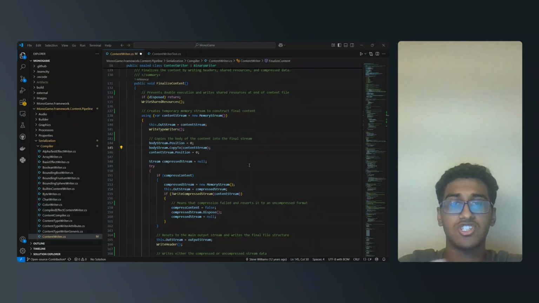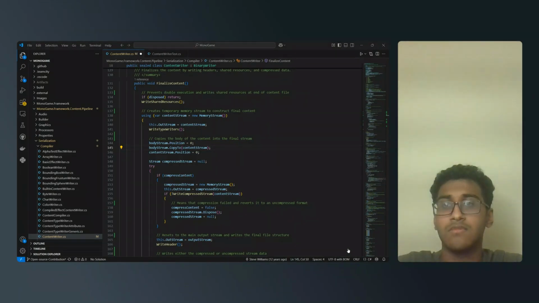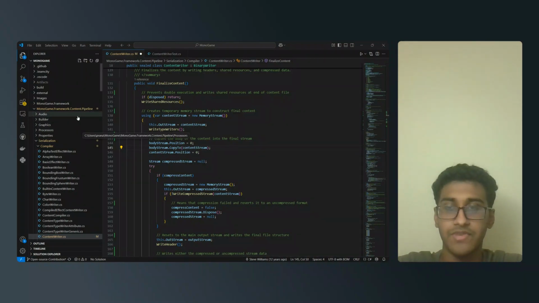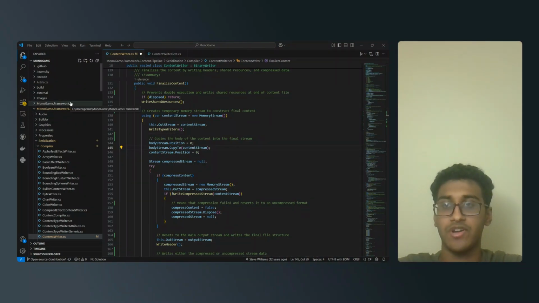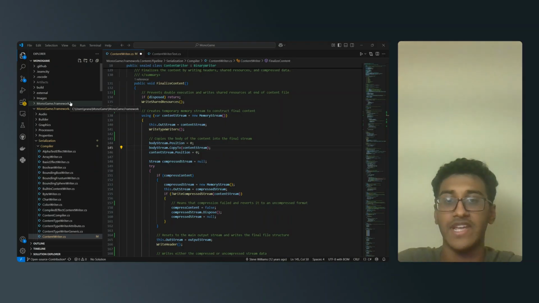The repository is structured into different folders, and each one serves a different purpose. For example, we have the monogame.framework folder, which is the core game framework. It handles rendering, input, and sound. And then we have